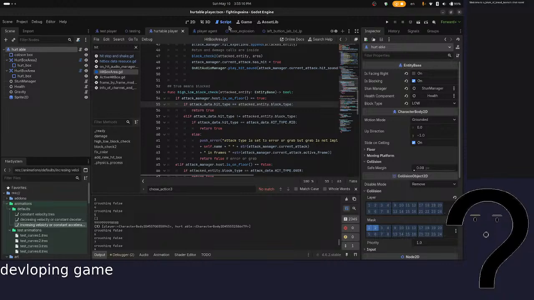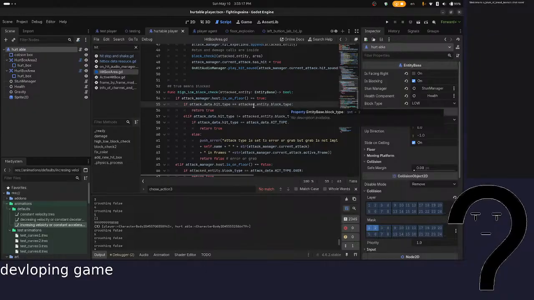They're blocking with the low against lows. My player is currently on the ground. The hit type and block type are the same,